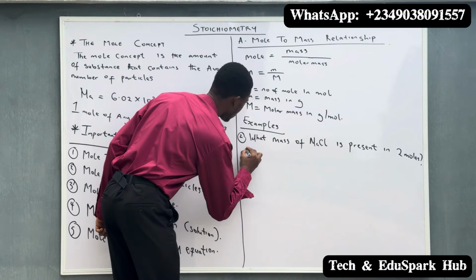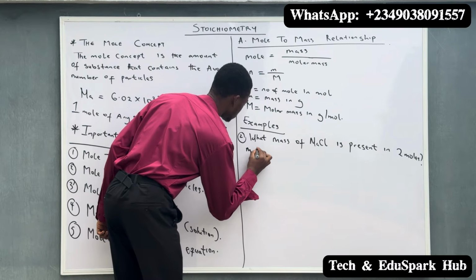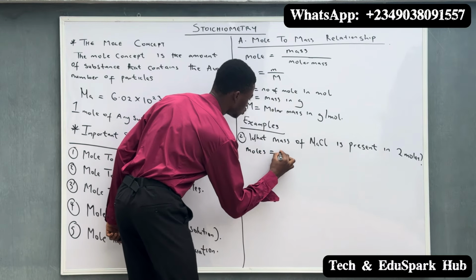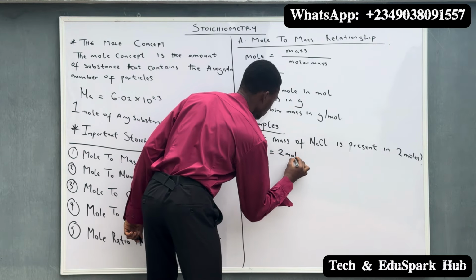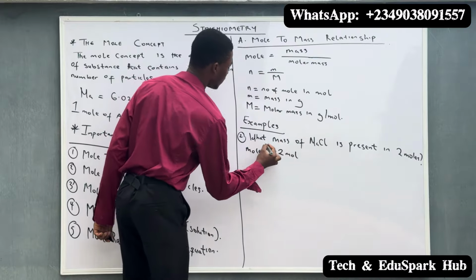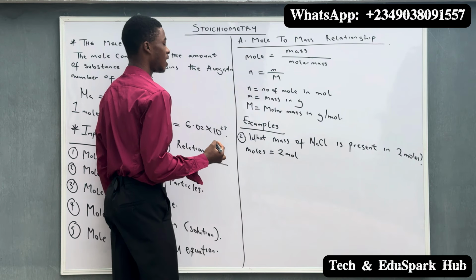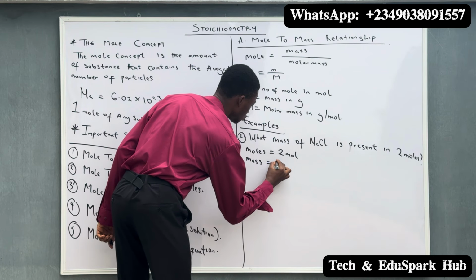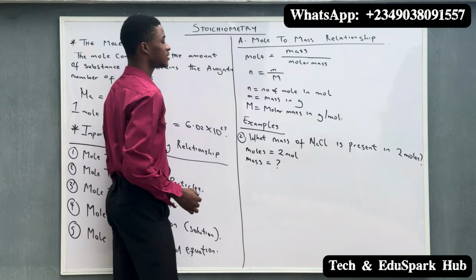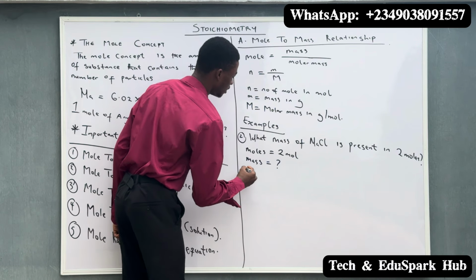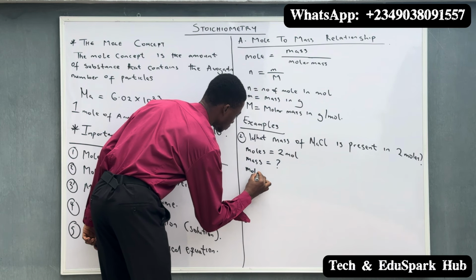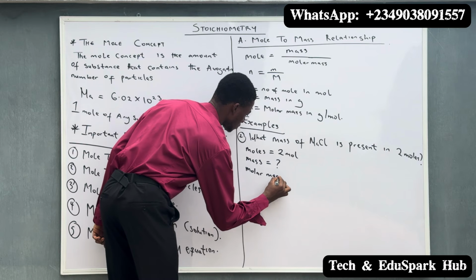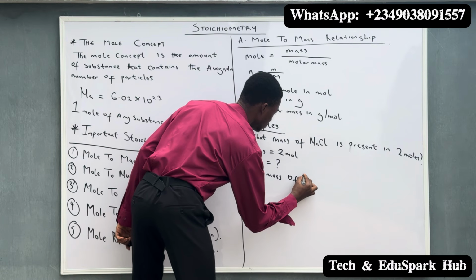In this question, we have been given our moles to be equal to 2 moles, and we have to calculate the mass. So the mass is what we have to calculate. So our mass is equal to unknown. And lastly, we need the molar mass. So the molar mass of the compound given, of NaCl,